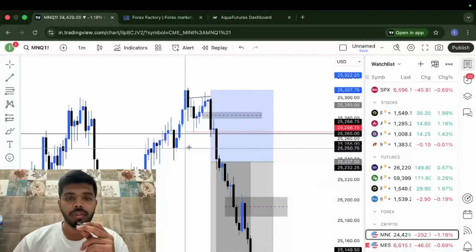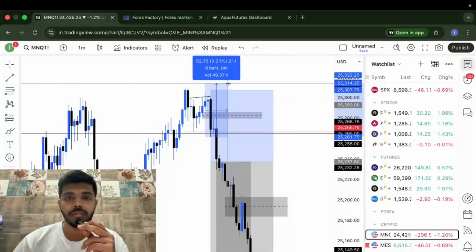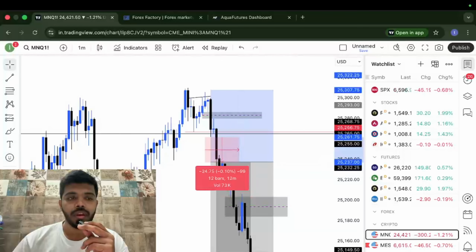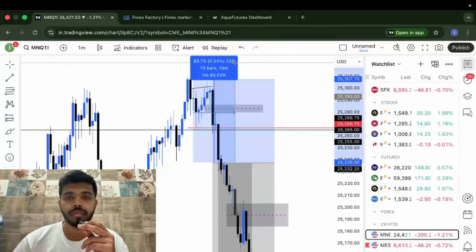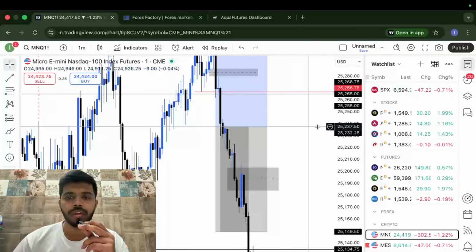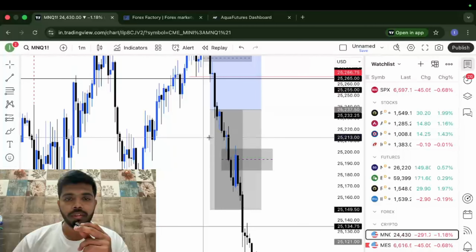immediately after this, I wanted to enter here so that my SL would be around just 50 points, but I made a late entry, so my SL was around 83, 84 points. I entered with only one contract, because I was not very confident. Then again, what happened after seeing this trade